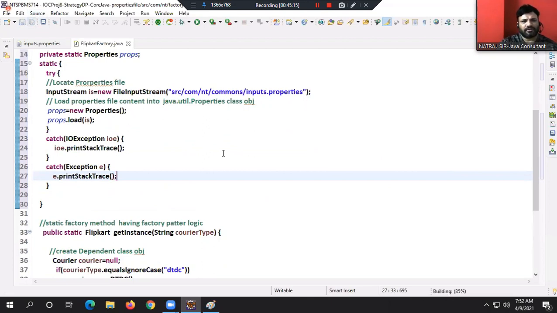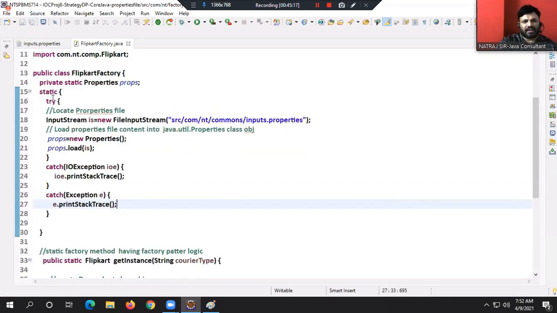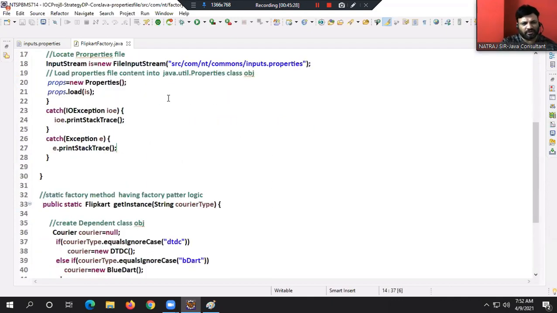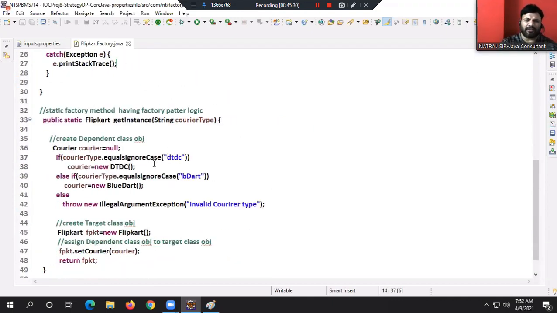Okay, boss. So now tell me, boss, at the end, what happens? Whatever content is there in properties file will come and store into this props. Since props is a global variable, I can happily use in other methods of the class or not? Definitely I can use in other methods of the class. Okay, now let's go for